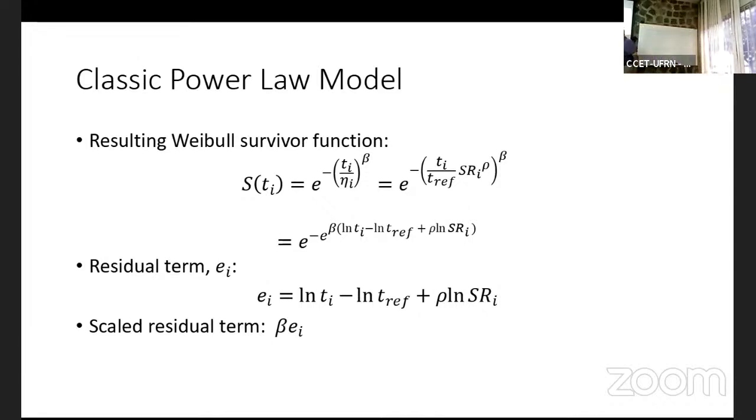Now, playing with this, I can re-express it like this. And when I first saw that, I said, why do I want to do this? Why do I want to go e to the minus e something? That just seems like I'm making it more complex. Oh, no, I'm not. But I hope you begin to see this. It took me a while.